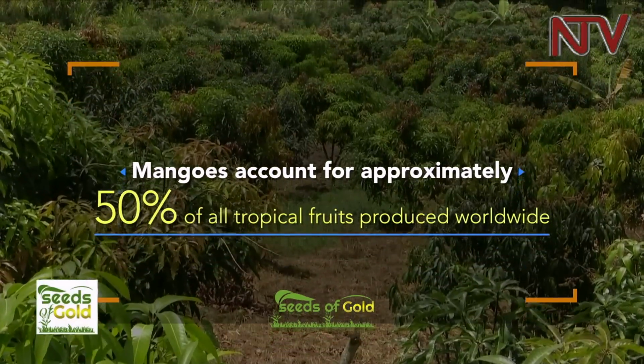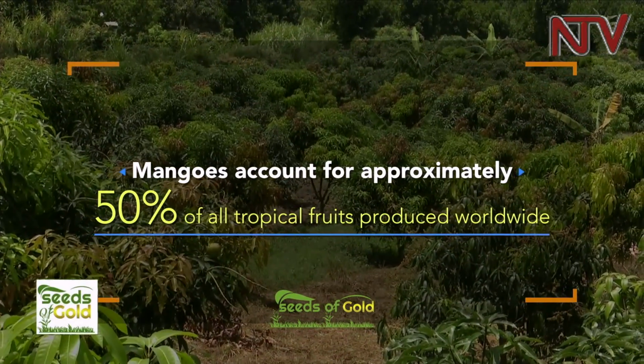Then we carry them to the pickup. Then on our pickup, we have the tap line. Then we pour there slowly. When it is full, then we take it to the market. Mangoes account for approximately 50% of all tropical fruits